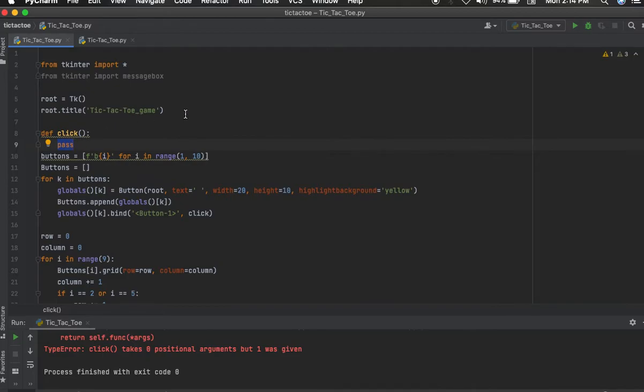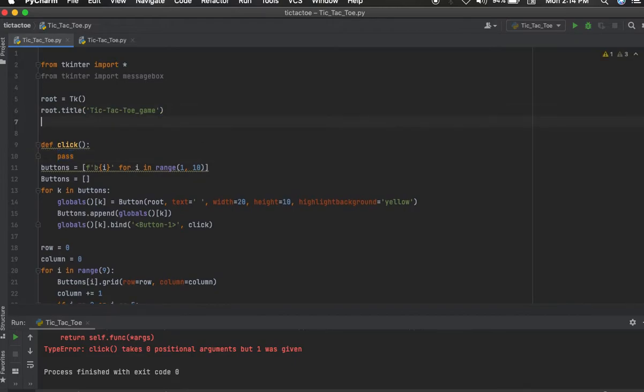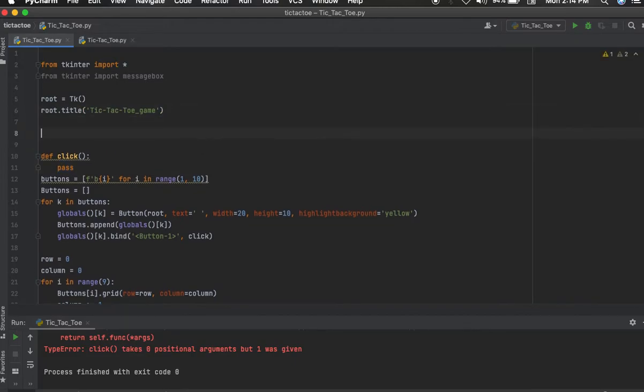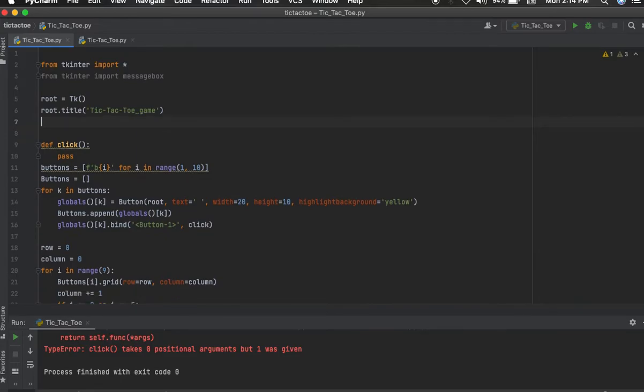For that we must first know whose turn it is, if it is player 1 or player 2, and we can also create some player names. Let us say we have two players, one is Sanju and another player is, let us say, Nisha,